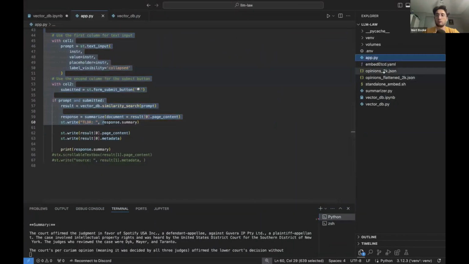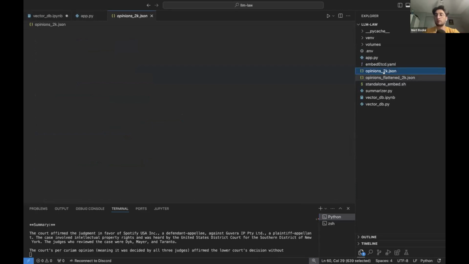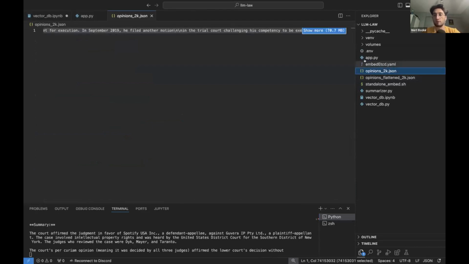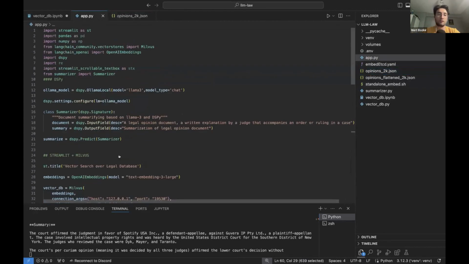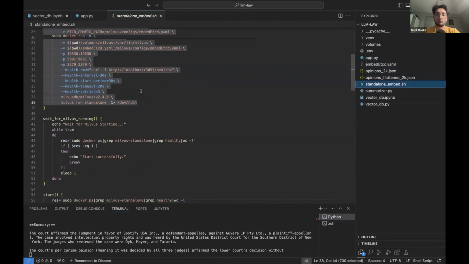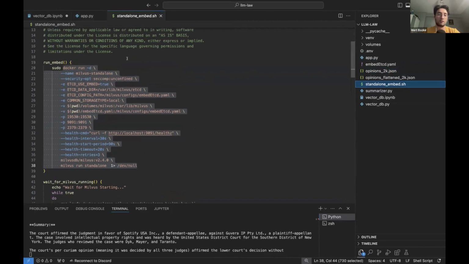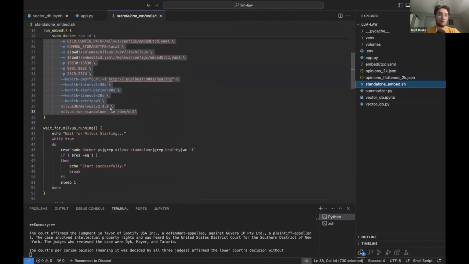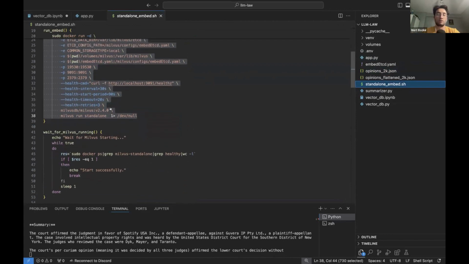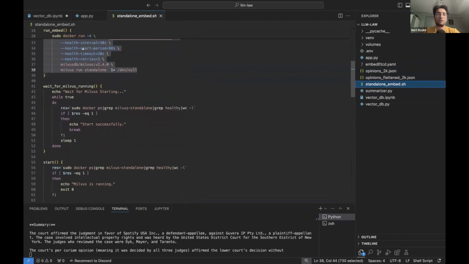Also, I uploaded these data sets to GitHub, so you can download them and build any kind of applications around these legal documents. And before this, you need to install Milvus, and you just need the standalone embed sh bash script to run a Milvus instance on your local machine via Docker. And then